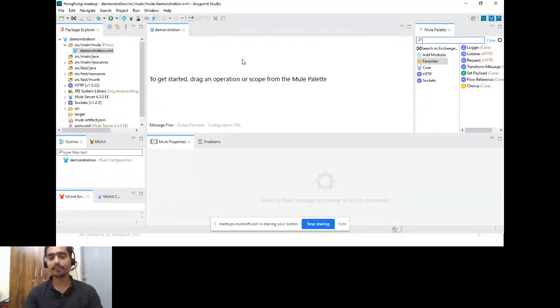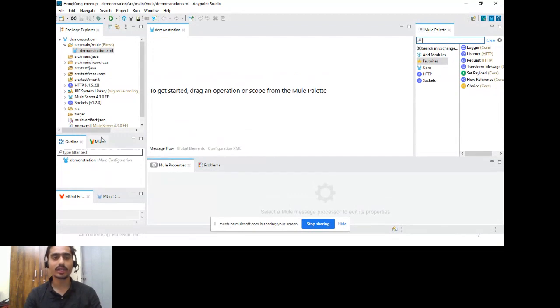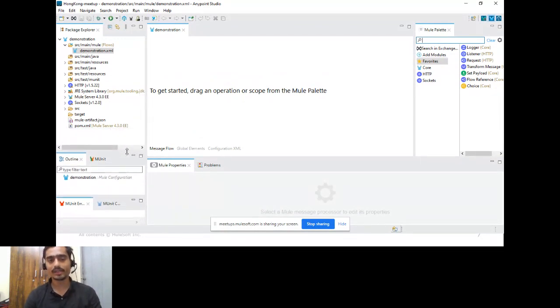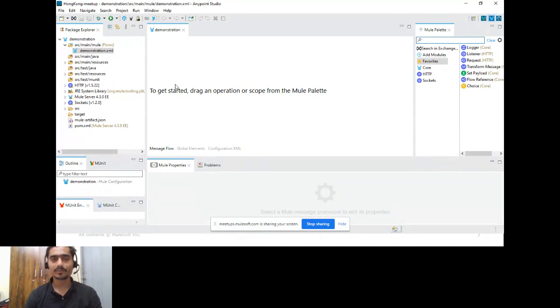Okay, so this is right from scratch so that even if you don't have any previous knowledge, it won't impact us. So currently I'm making use of Anypoint Studio for this development purpose. The same could be even done using Flow Designer, so no difference between the two. Now, for those who might be new to this MuleSoft world, just a small introduction about what we are doing or what this tool is about.